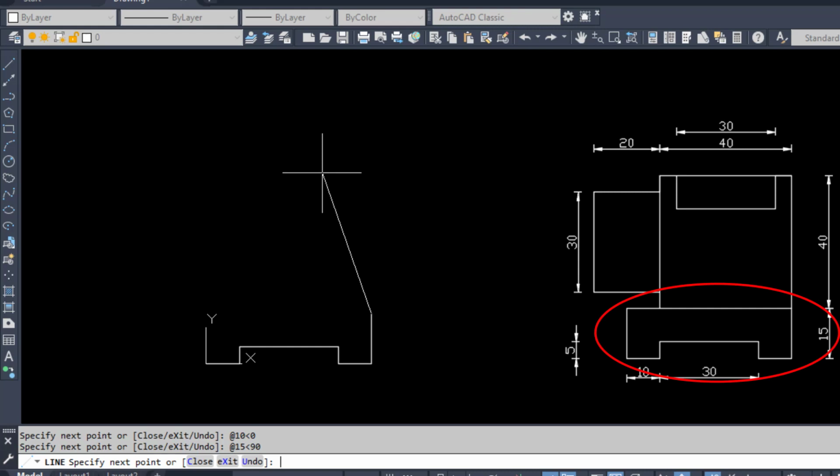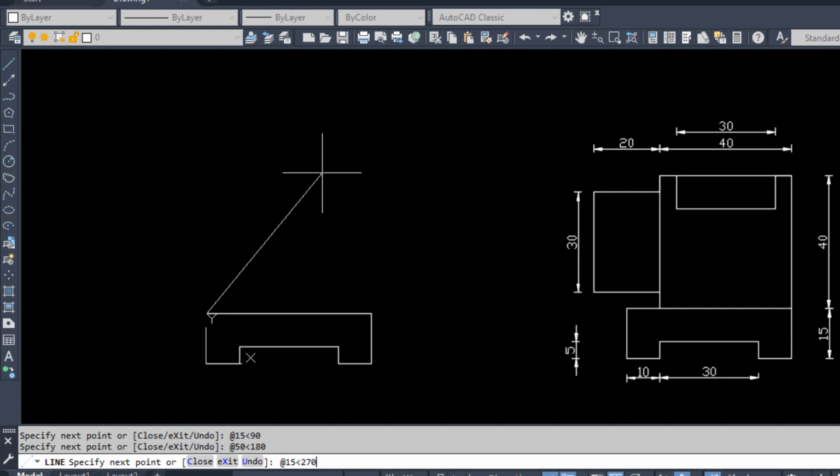Now the overall distance, if you can locate it here, will be the summation of 30 plus 10 plus 10, so it will be 50. So @50<180 degrees. Since I am going towards the negative X direction, it will be 180 degrees. And to bring it back again, I will press shift and at the rate, the distance is 15<270 degrees.